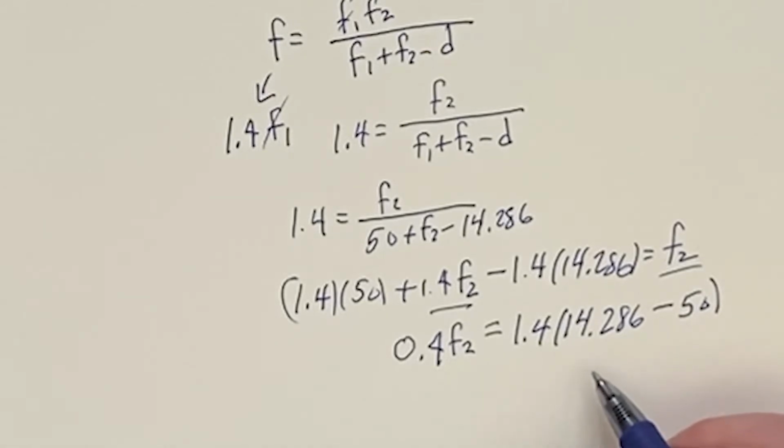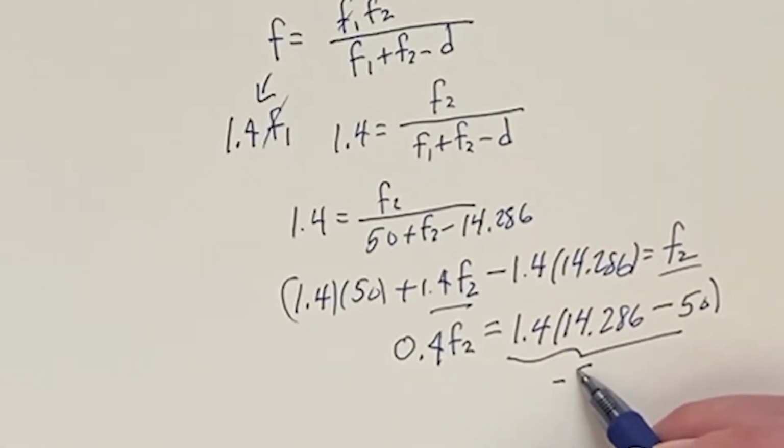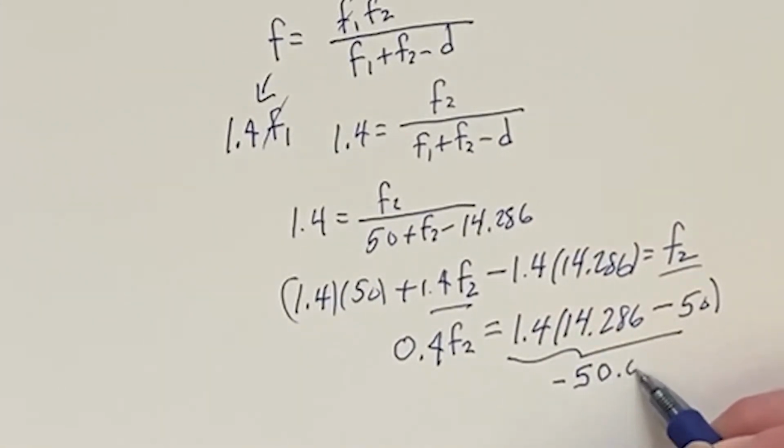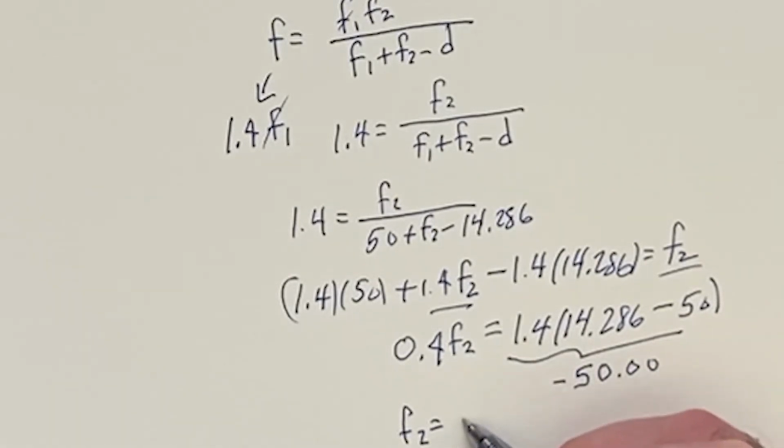And then when I work this out, I got a minus 50.00, and then when I divide, I get minus 125.5